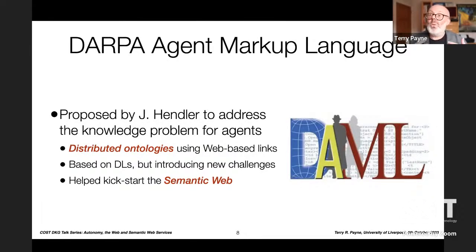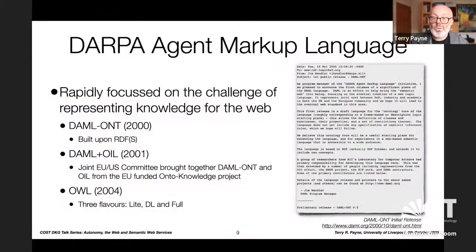Very quickly, what DAML focused on was the issue of trying to encode knowledge in some way and make it distributed, building on top of the web infrastructure. So, having watched one of the talks you had from a couple of years ago from Ian Horrocks talking about the evolution of OWL,